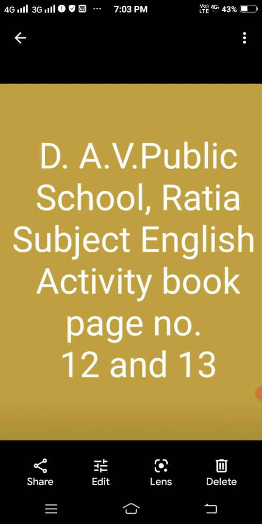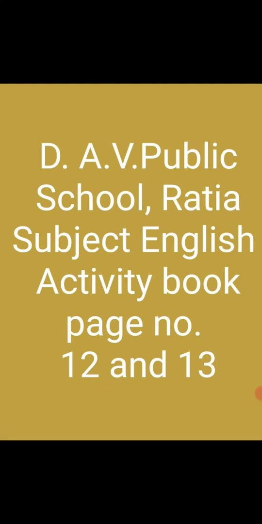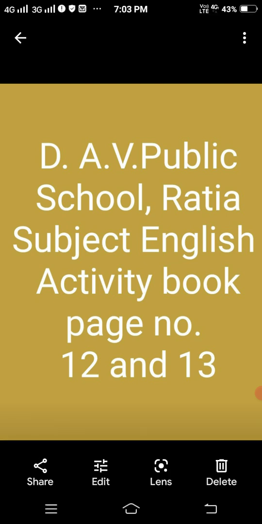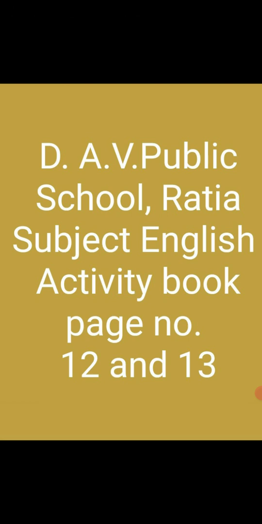Today we will do the next two pages, number 12 and 13, in the activity book. Okay, first of all take out your English activity book, beta. Over there we will do some exercises related to A vowel words. We have been doing the A vowel sound. I think now you are well versed with the A sound pictures and words, and you can write properly, beta.